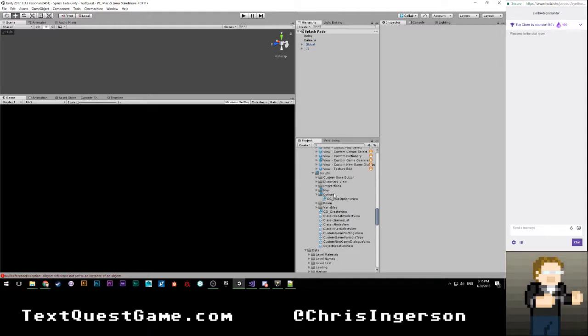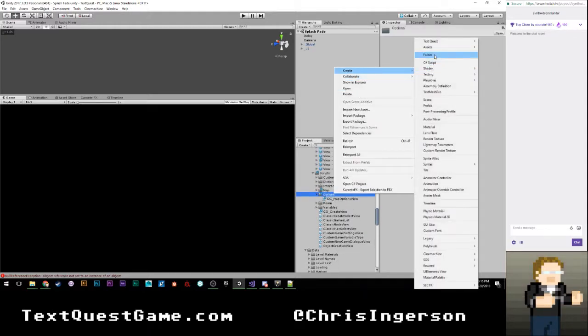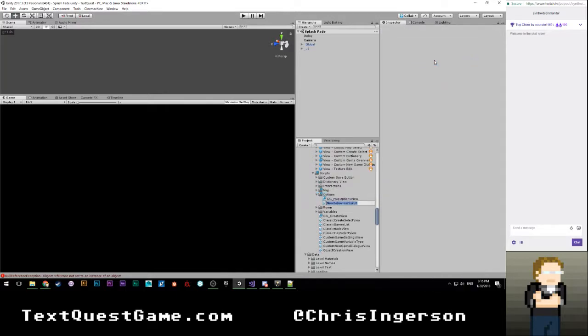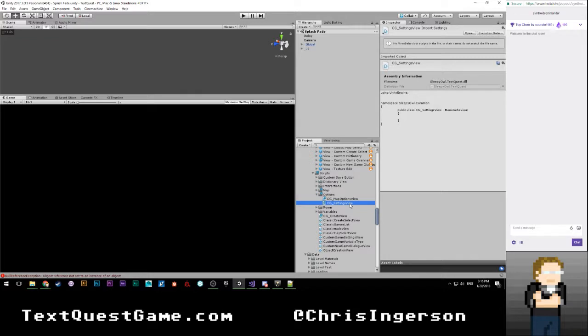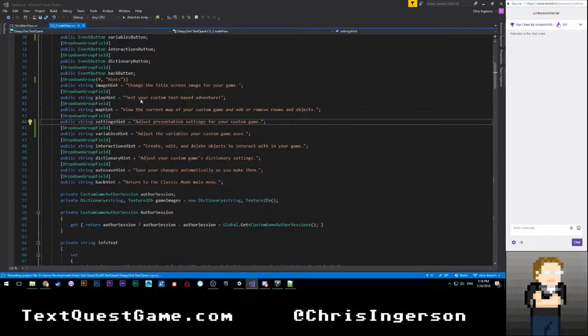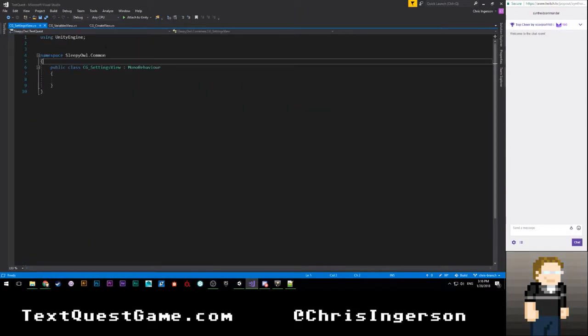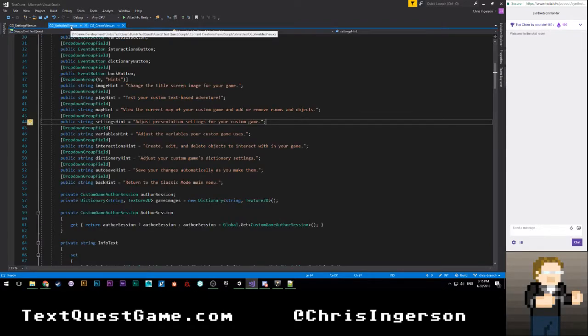Let's see, variables, options. Okay, we're going to create a C# script. We're going to call this CG underscore game settings view. We'll say settings view. Yeah, that's fine. All right, let's open this up. No, we need to keep that open.